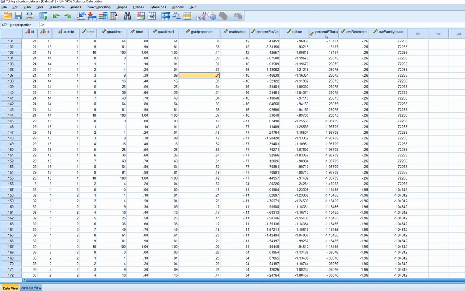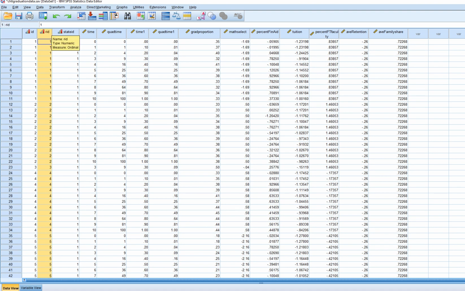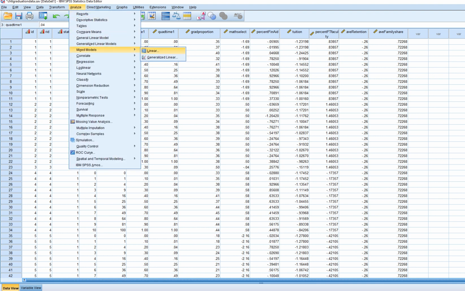So that's how this is broken out, and the authors utilize this variable. They suggest it helps to reduce computation time, and probably also helps with estimation in general, or getting the model to run. So at any rate, we're going to go to Analyze, Mixed Models, Linear, and